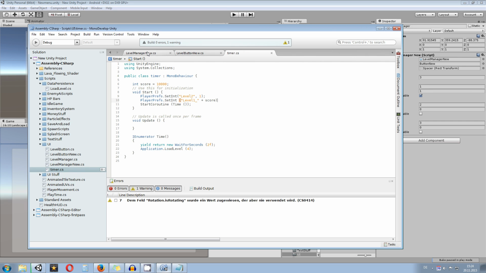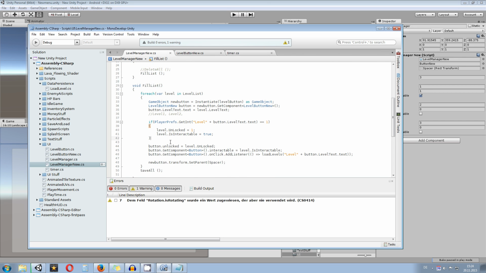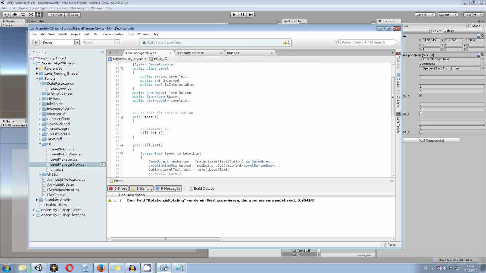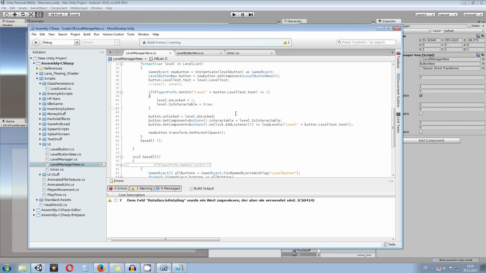I can enable and disable or set stuff active and inactive depending on how the score is. So what I do next is, after all the buttons are set already, just before set parent to the spacer, I can just go over and say